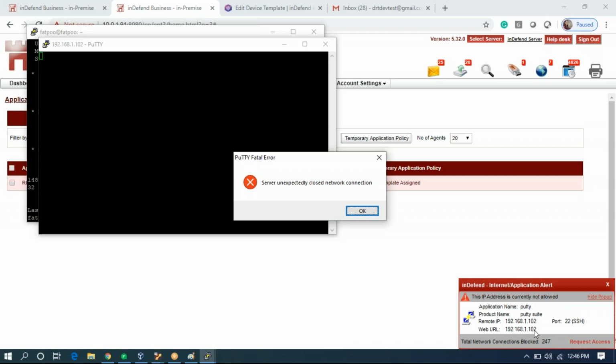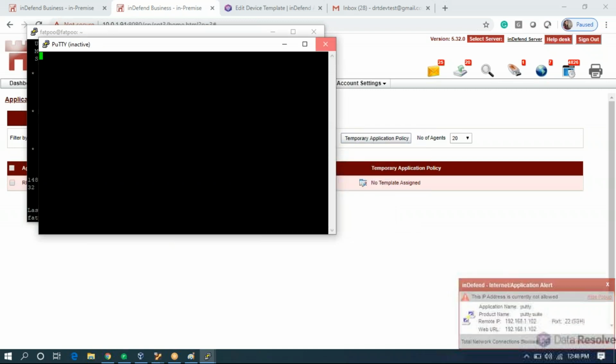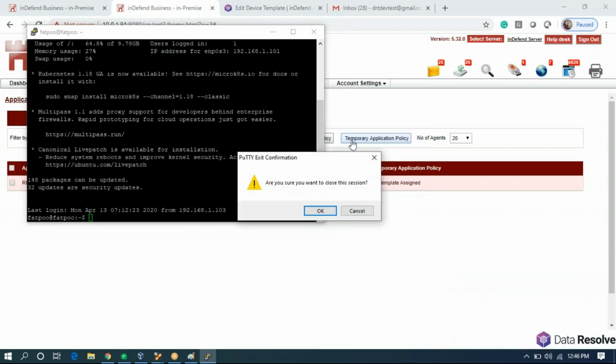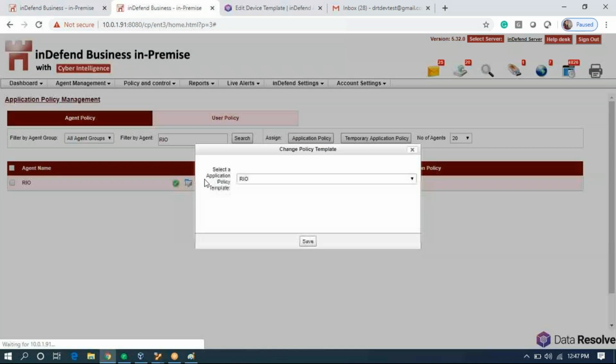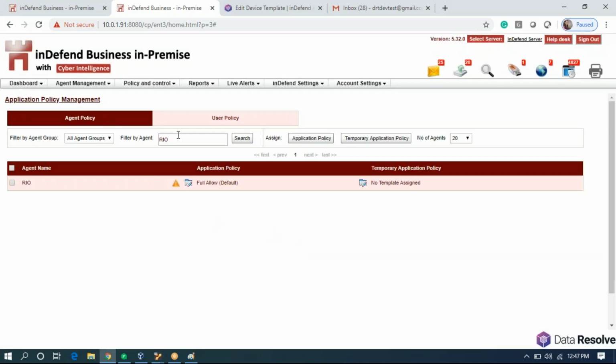That is 102. So this is how you can do application-based blocking, that is restrict a specific application to only connect to a whitelisted set of IPs or URLs. So this is called application access control. So such policies can also be applied for applications. So these were all in all our URL based blocking and application based policies.